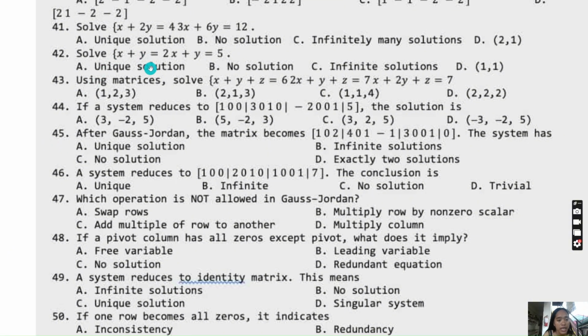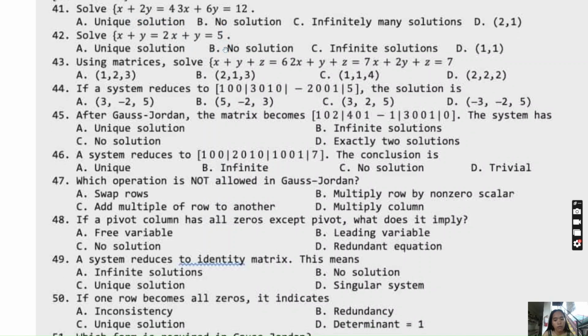Solve x plus 2y is equal to 4, 3x plus 6y is equal to 12. So number 41, our answer is C, infinitely many solutions. Because if we are